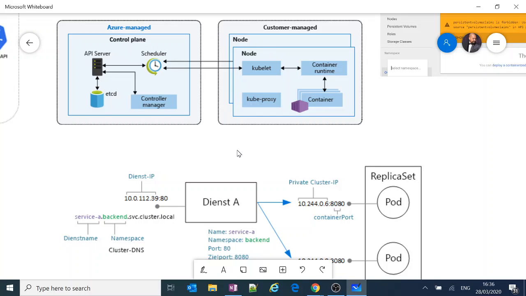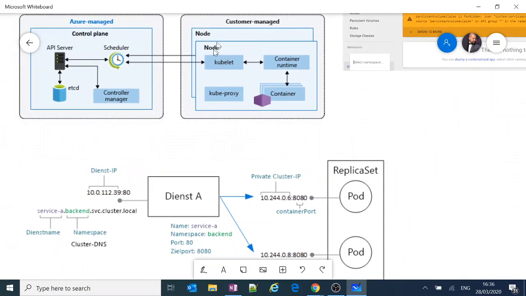You just need to interact with the kubectl commands. So what the customer manages is the nodes: the size of the nodes, the number of nodes, the number of node replicas they want to scale up or scale down. You can set autoscale on top of it if you're using something called VMSS. Okay, and your customer